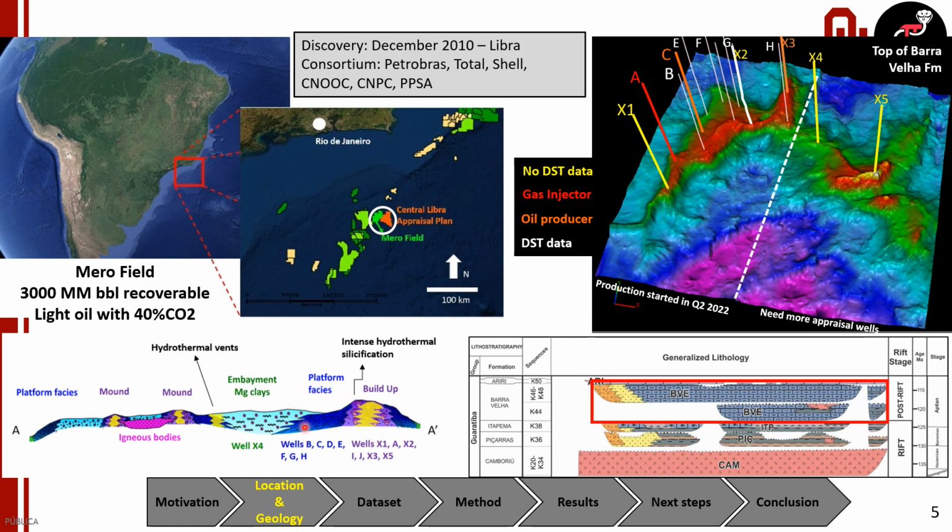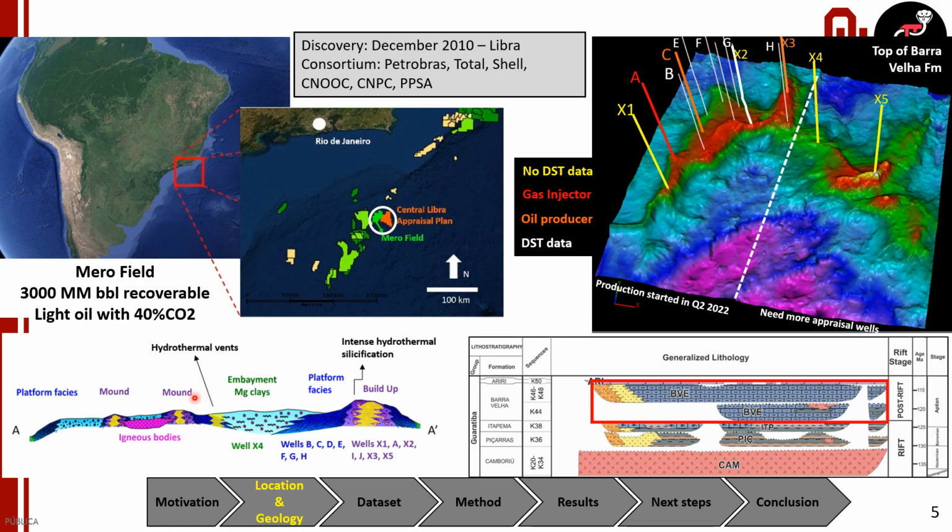We also have producers from the platform phases. It's basically reworking of the sediments in the adjacent platform, with many grainstones interbedded with spheroids and algal carpets. Okay, and the non-reservoir phases are related to the depositional lows, related to embayment phases, which is composed mainly of magnesium-rich clays and